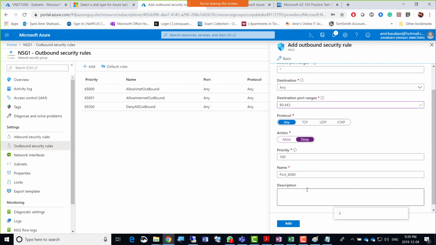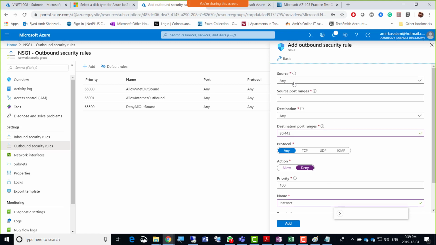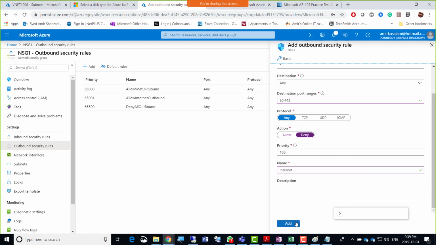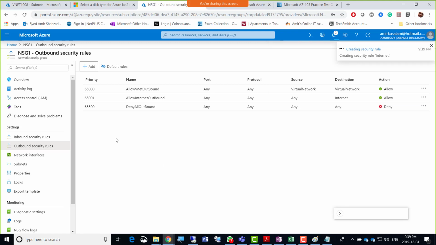So the name is internet. That should just block the traffic for source any, which is local from outbound. And I'll just click the add button here. So there's one rule created that blocks 80 and 443 in outbound security rules, and then one blocks in inbound security rules as well.